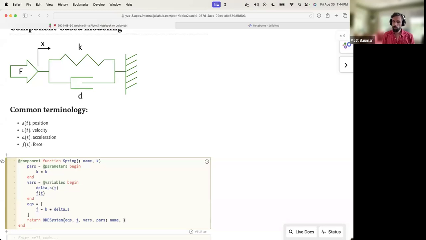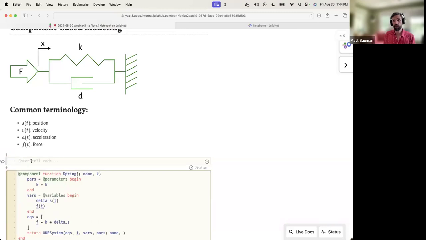And then there's this question of, well, how do we know where the endpoints of this spring are, right? How do we attach this spring somewhere? How do we know what this delta S is? How do we find that? And the answer is, well, we need to define a port, a thing to connect it to. And this is another kind of component, but it's actually a connector, because we're going to use this to connect components together, and it allows